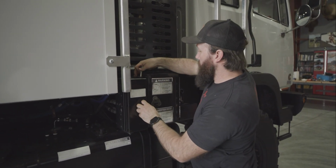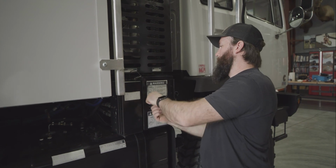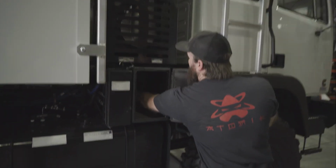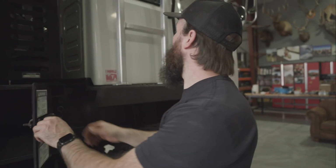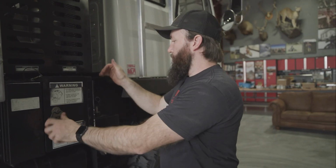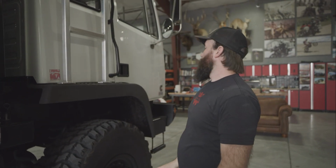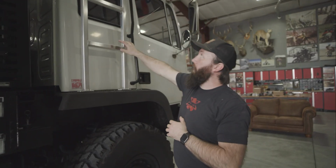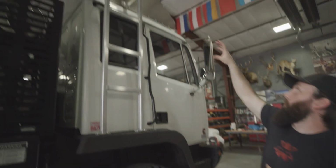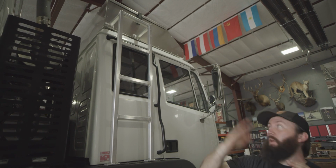Got a nice big storage toolbox here. This is deep. You can reach all the way back in. That's a good spot for jacks and tire bars and stuff like that. Tire irons. And then a manual hydraulic for if your air over hydraulic fails. We built a roof rack, and then ladders to get up and access it. There's a door on each side that opens up, and it's a nice big storage box for anything you're needing